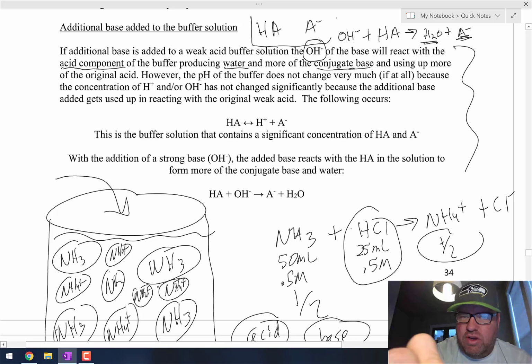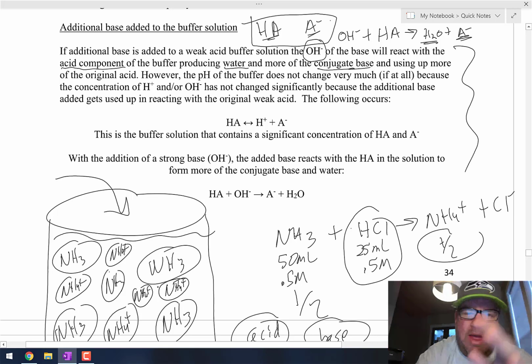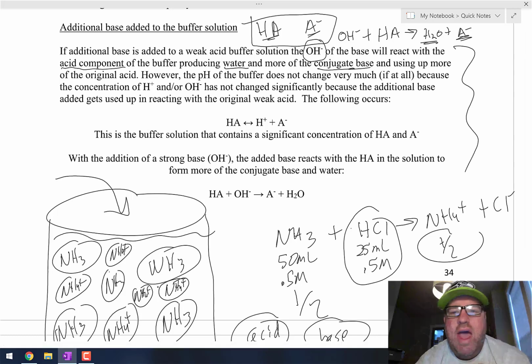So remember, here's our buffer solution right here with HA and A minus. Basically, you add some base, it's going to make that acid turn into conjugate base. Okay, again, the pH of the buffer doesn't change very much, if at all, because the concentration of hydroxide hasn't changed, because the base that you added immediately gets used up to produce more of the conjugate base. Okay,